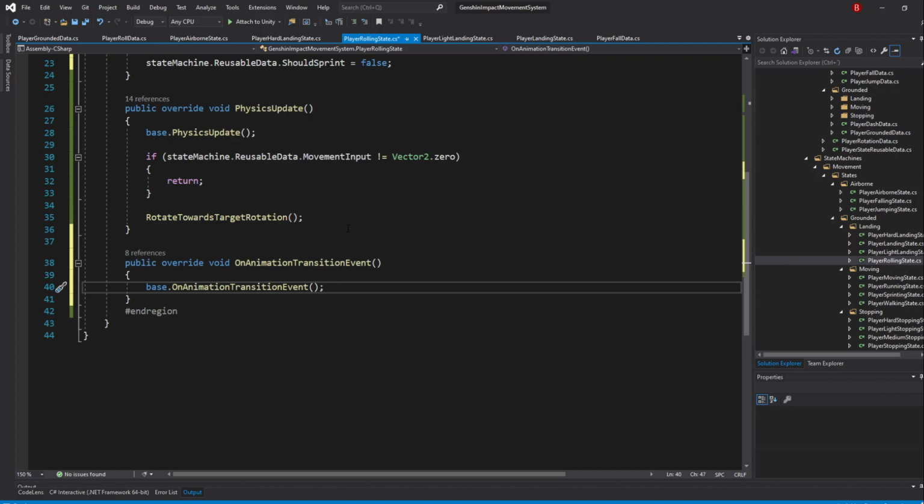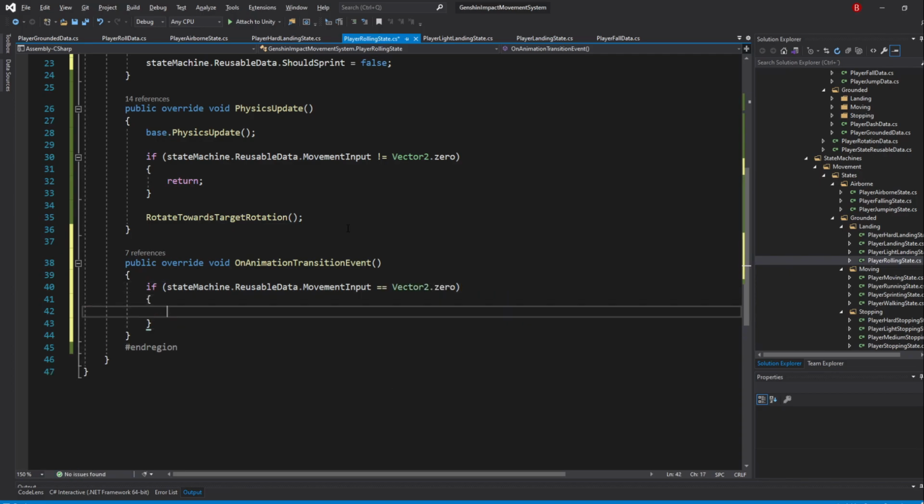Inside, remove the base method call and start by checking if stateMachine.ReusableData.MovementInput equals Vector2.zero. If that's true, we can then transition to the medium stopping state by typing in stateMachine.ChangeState and pass in stateMachine.MediumStoppingState.